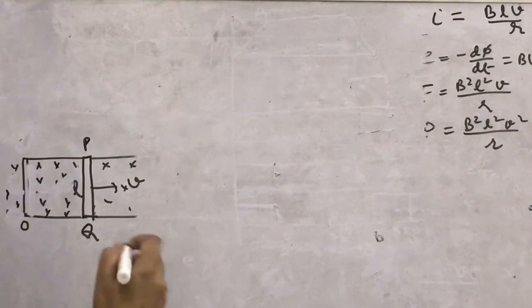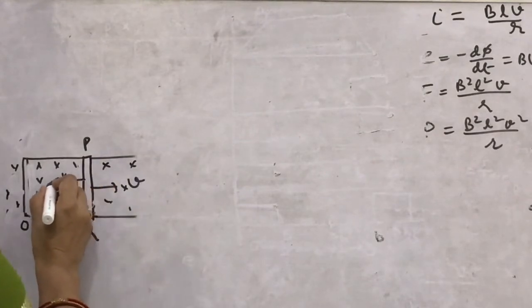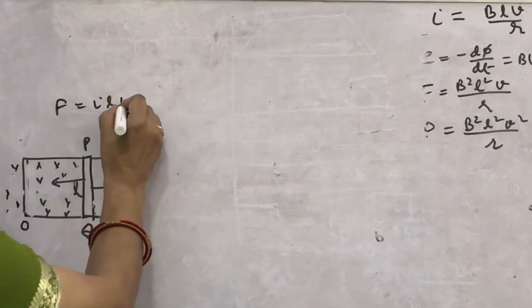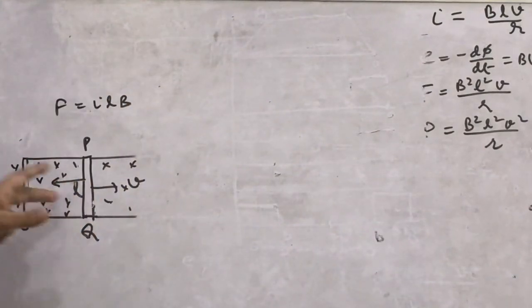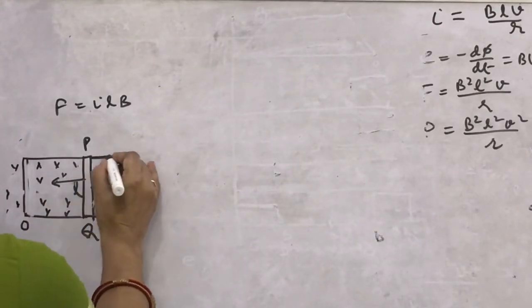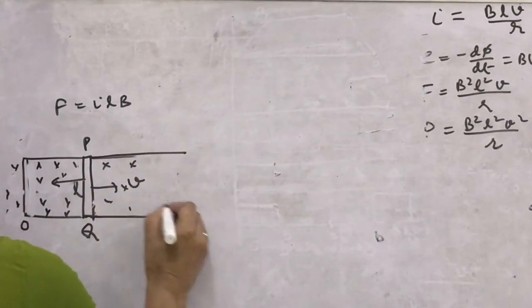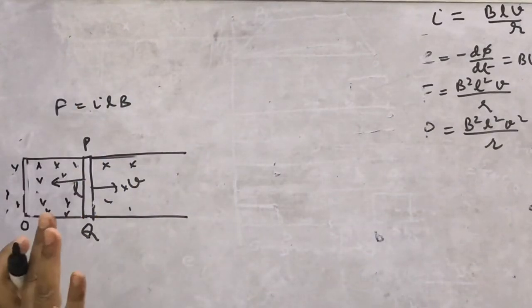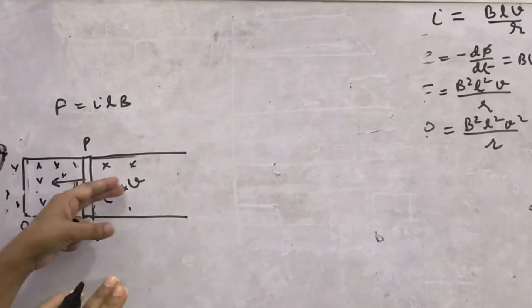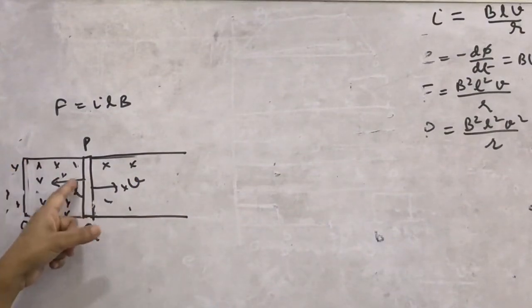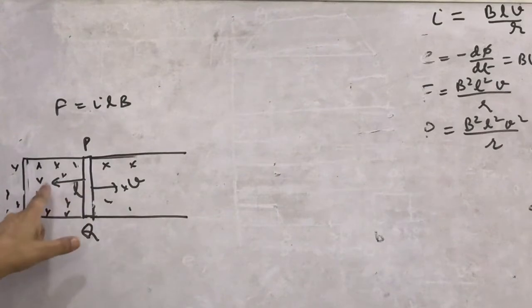If you don't apply the force, then due to the motion of the rod in this direction, the force is ILB, and this force actually retards the motion of the rod. The velocity of the rod will decrease, and after a certain time it will stop. Will it be or not? If the rod is moving with constant velocity and nobody is applying force on it, then the rod will stop after a certain time because this force will remain present.